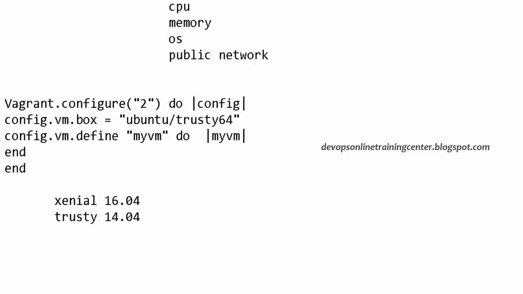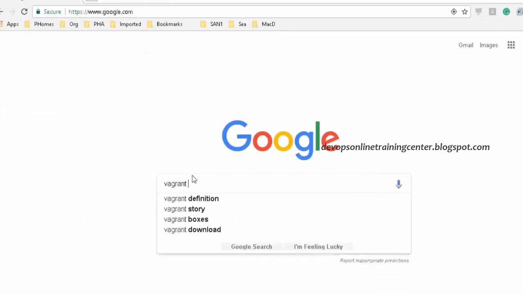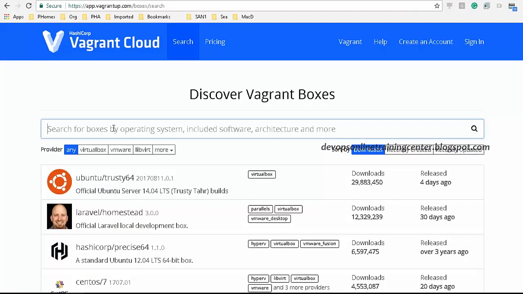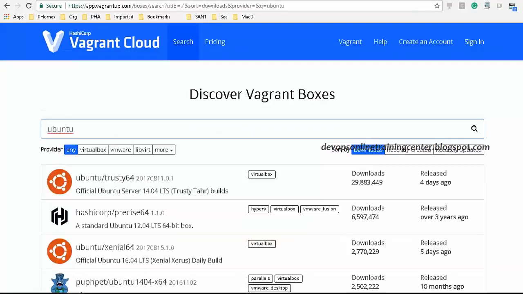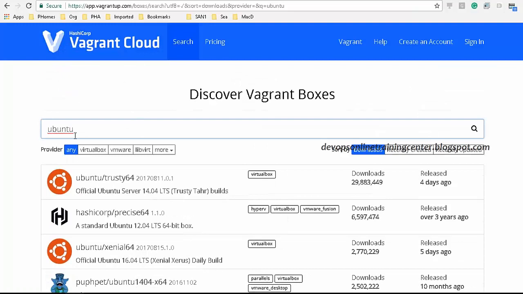So you can also search for images by going to this site, Vagrant Cloud. Yes, it requires an image because you are downloading the image from here, right? So you can search for the boxes here. Ubuntu Trusty 64, official, uploaded by Ubuntu itself, or Ubuntu Xenial 64, or if you want some Puppet-installed machine, or a lot of these things.